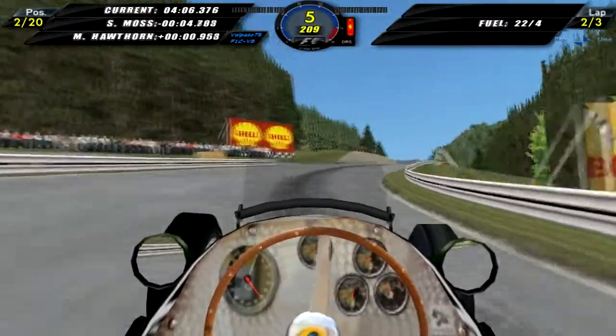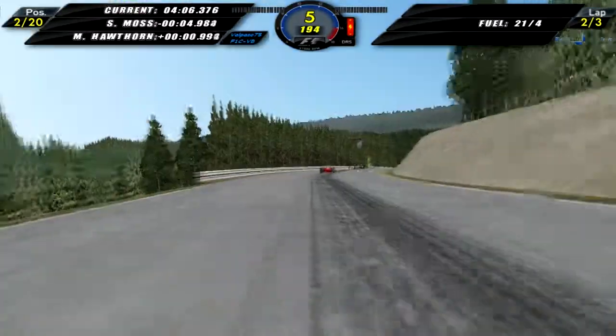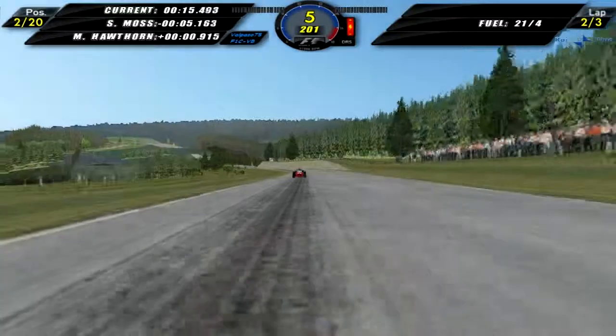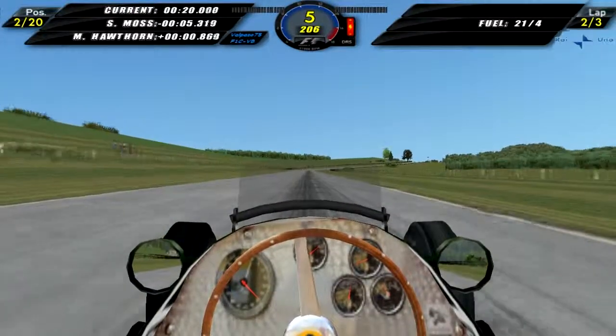We've got to be careful here in Eau Rouge. Lack of grip makes it hard to go through that. You can't go foot to the floor like you can in Formula 1 cars today, although I don't know how the 2014 cars would fare, because they've got a lot less grip than 2013 cars. But anyway,